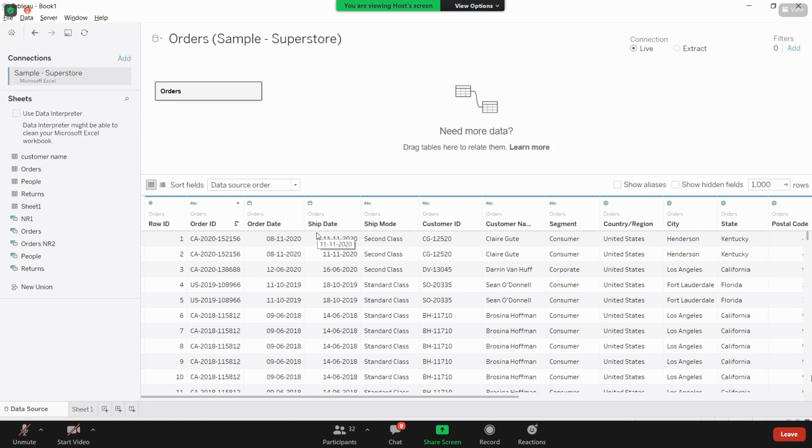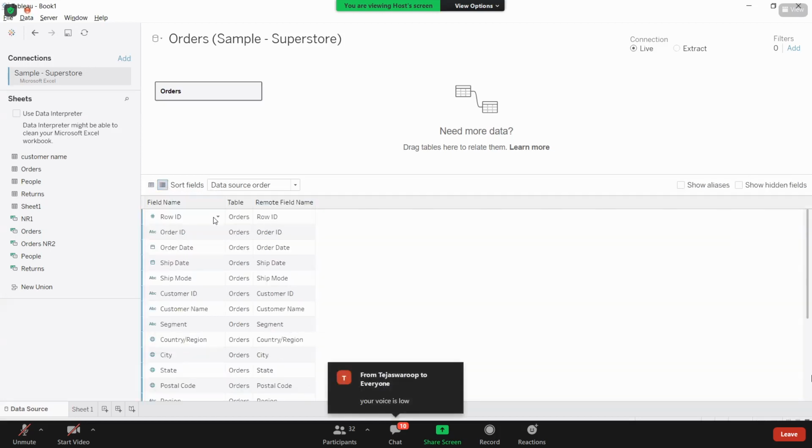So what does that mean? First of all, let us start from this place. Here, if you see, this is in the selected mode, so it is giving us the preview of the data source. If you go to the next option, here it is talking about metadata. So what is this metadata?